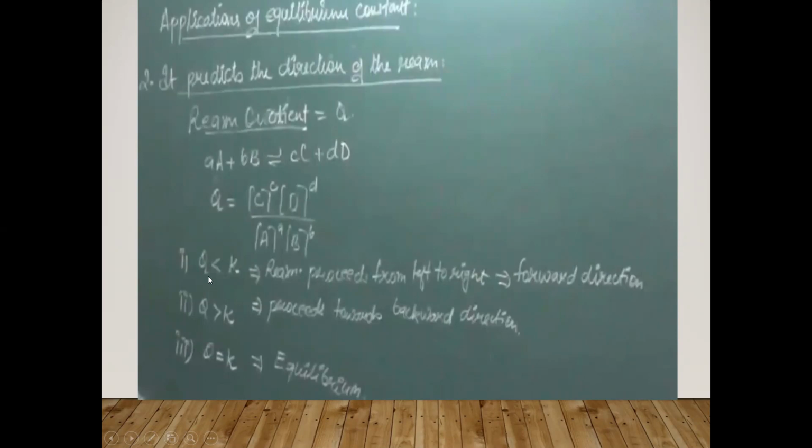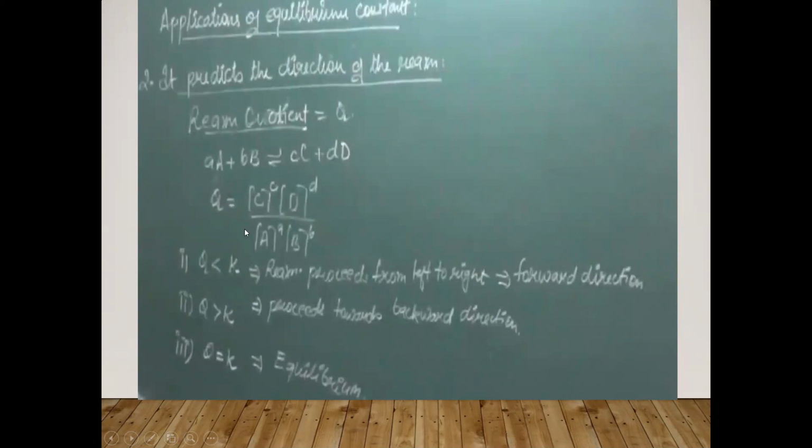अगर Q की वैल्यू कम आई है, कम मतलब Q की वैल्यू कम कब होगी? Q is proportional to the concentration of product. We can see this. अगर Q की वैल्यू कम है, it means products कम हैं अभी रिएक्शन में. Product कम है, it means reaction will proceed in the forward direction. Clear? Okay. If the value of Q is more than K, it means क्या होगा? Reaction will proceed into backward direction.